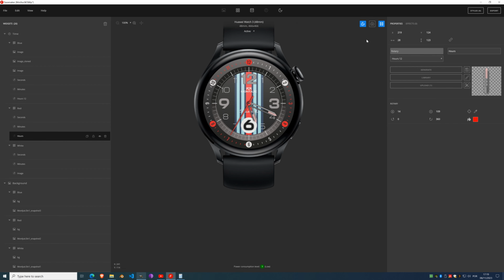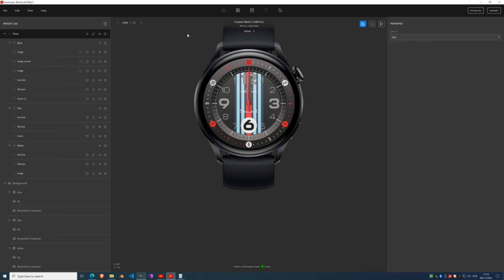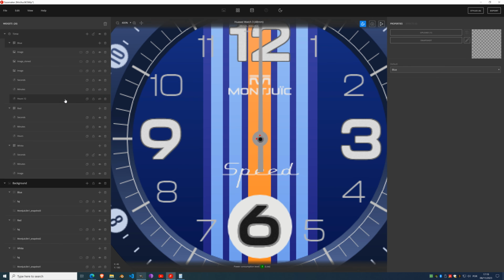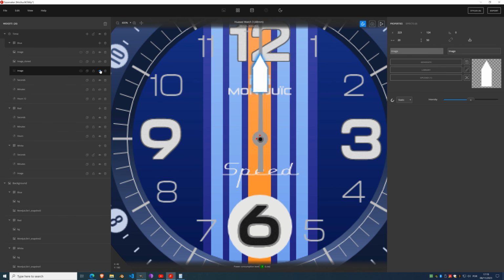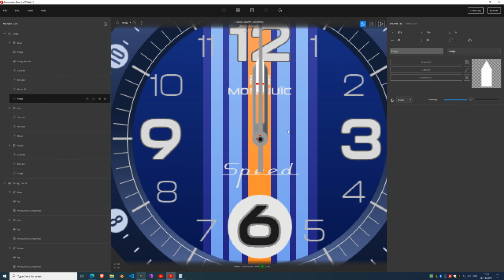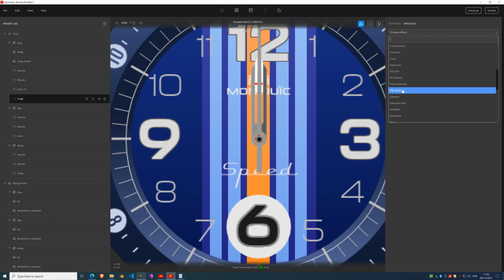So now to finish this off, we are going to define here on the time, we're going to define the blue as the default one, and on the background, the blue. So there we go. And now we need to do exactly the same we've been doing. So show these images here. Put this one underneath the hours, and now I'm going to use a version of the blue color. So apply a fill color,